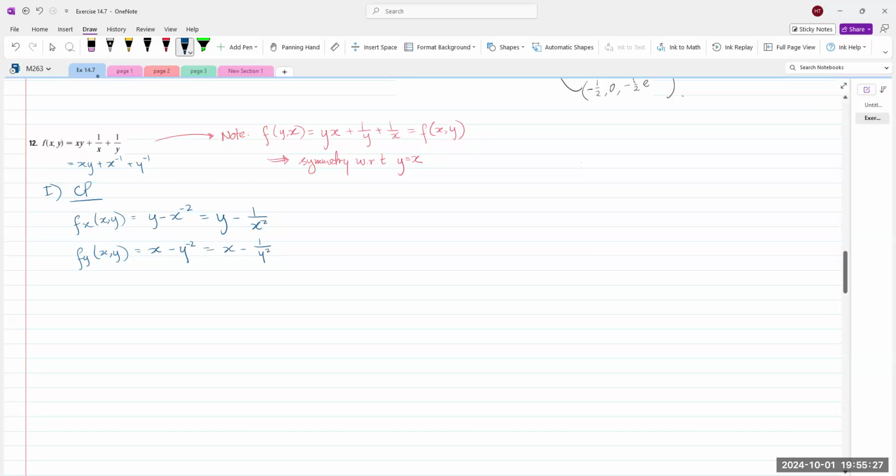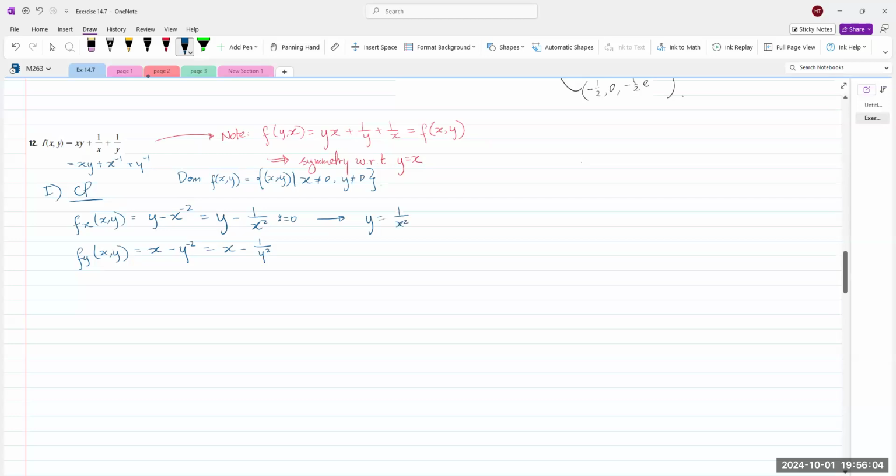Okay. Now notice that the domain of this function is all real numbers except the x and the y-axis. The domain of this f(x,y) is all (x,y) where x cannot be 0 and y cannot be 0. Is it right? Now then, if I set this equal to 0, I get y equals 1 over x